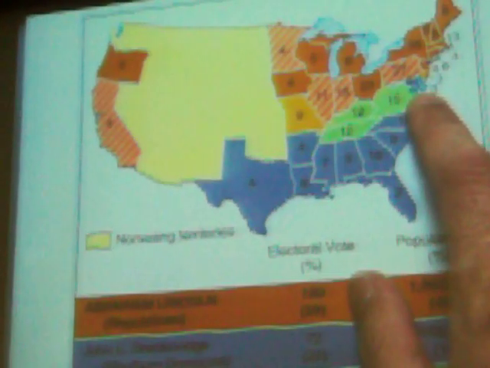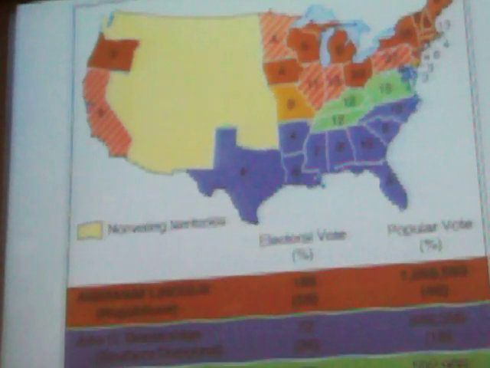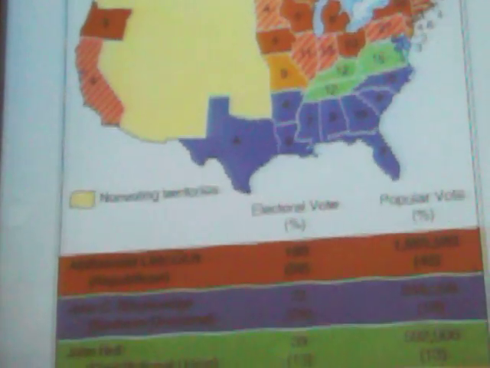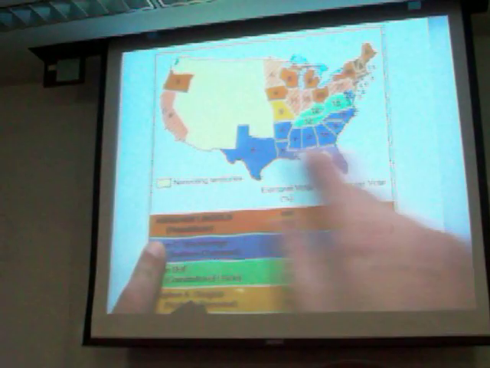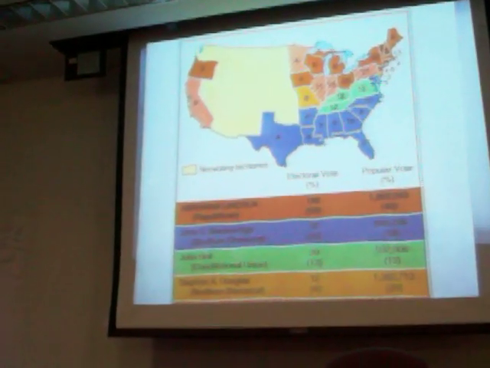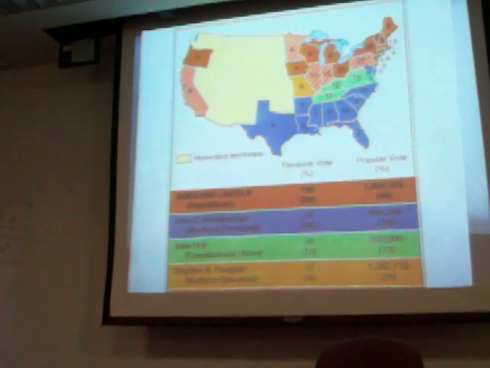Where are the first battles going to be fought? Between the two areas. If you live in Virginia, you may not want to secede from the Union because you do not want the Union Army to destroy your state, or the Southern Army. You don't want your state to be destroyed in a war. People down here, it's just not that serious to them. They think, that North is so far away, it's not a big deal for me.